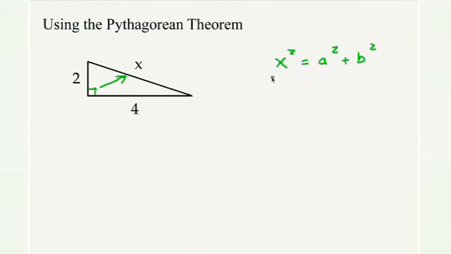So going back to this problem and solving it, we're solving for the hypotenuse in this problem. So we set it up, x squared equals each leg squared, or the sum of each leg squared. Okay, now squaring, can't square x, it's already squared. Squaring 2, you end up with 4, and squaring 4, you get 16. So this gives us x squared equals 20. Now, previously we would bring that 20 over and solve this problem.